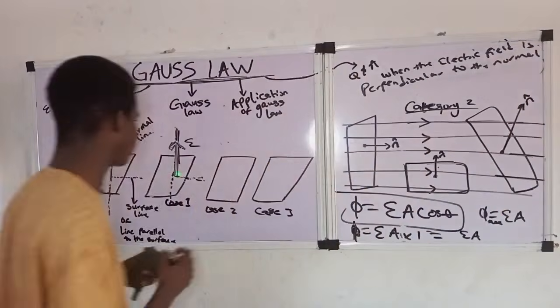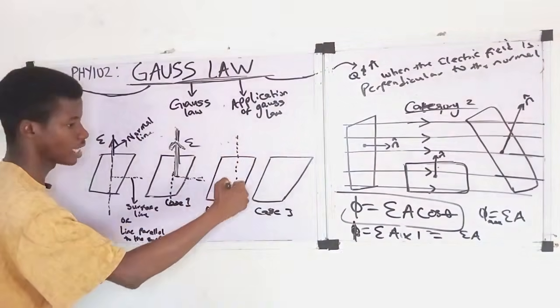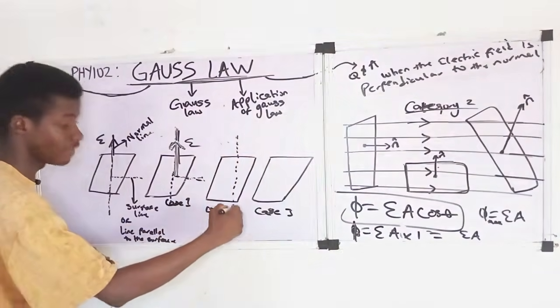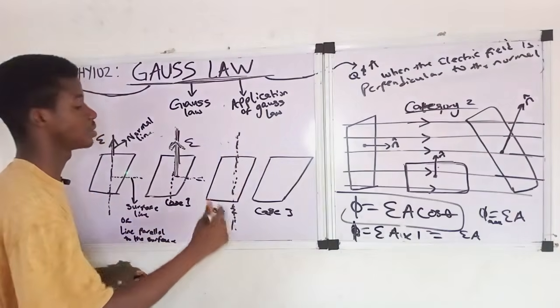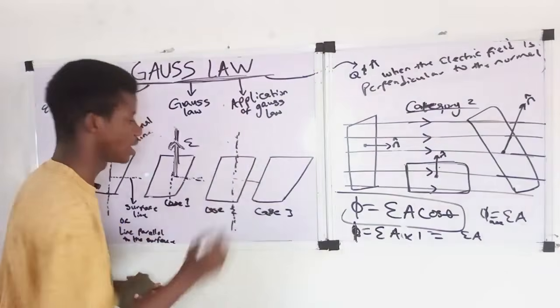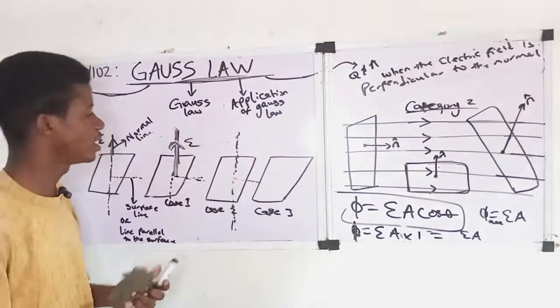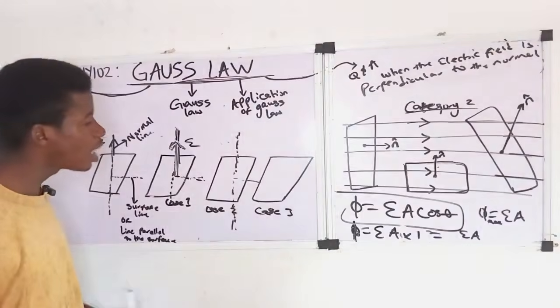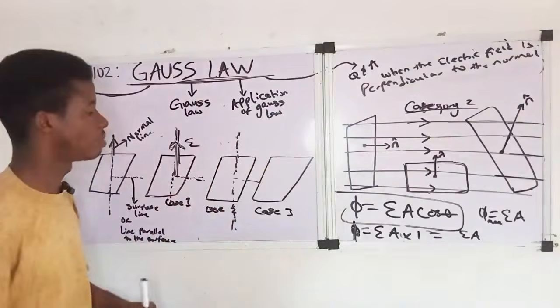Now remember, this line is a normal line, right? I told you guys, the normal line is a vertical line, or you can say a line that is perpendicular to the surface. And this one is the surface line, or you can say the line parallel to the surface. So in this case two, when the electric field is perpendicular to the normal, that means